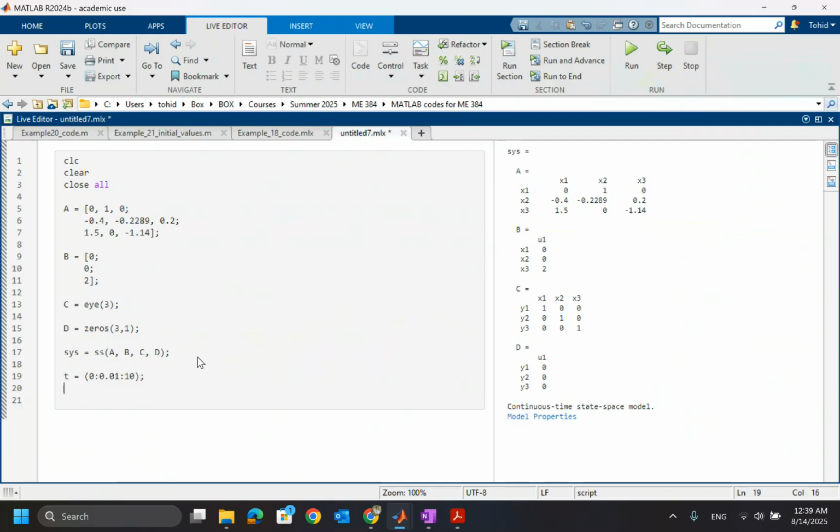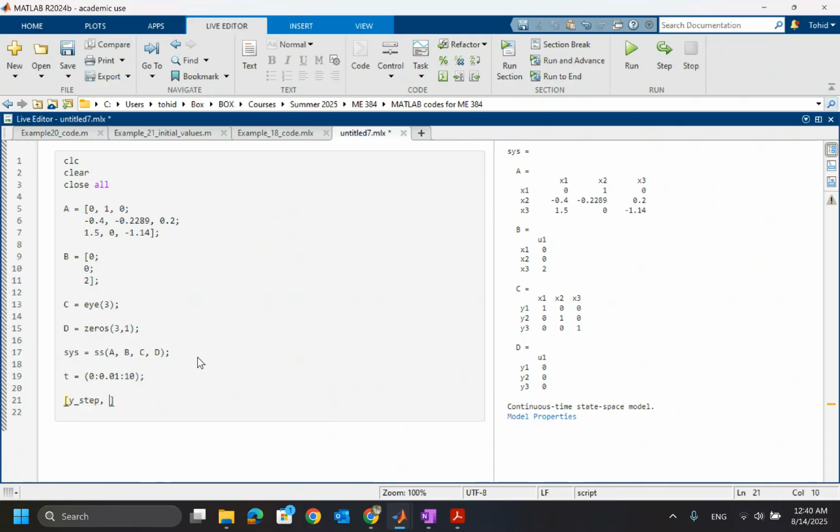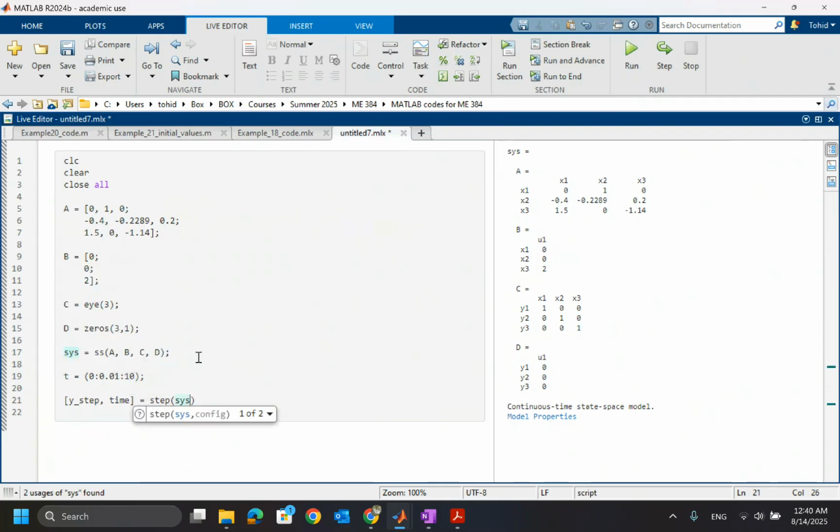I'm just going to get the response of the system as y step and time. So basically, y step and time equals step of my state space object, which is system, and time. And if you run this,